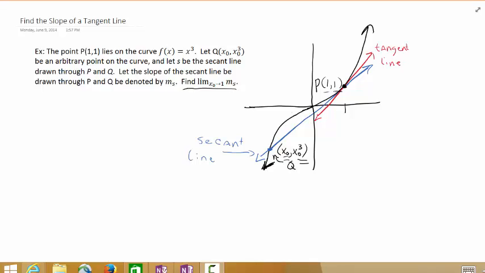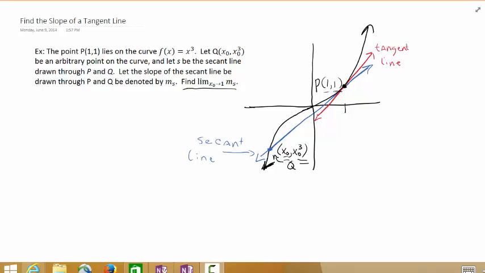So the problem says that the point P(1,1) lies on the curve f of x is equal to x cubed. It also says let Q(x sub 0, y sub 0) be an arbitrary point on the curve. Let s be the secant line drawn through P and Q. Let the slope of the secant line drawn through P and Q be denoted by m sub s. And it says find the limit of m sub s as x